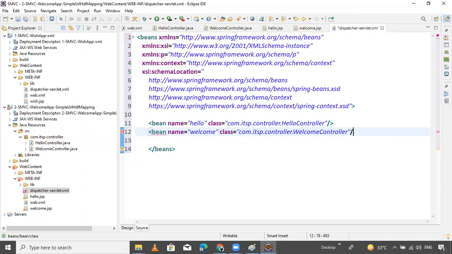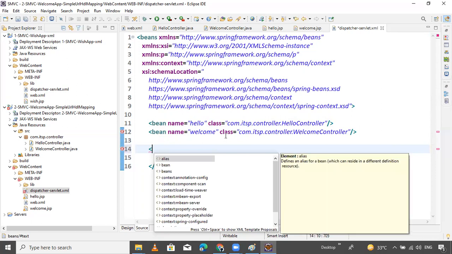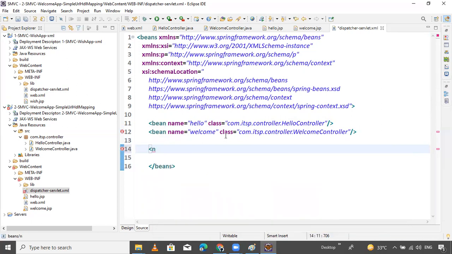That's it, close it. Now start our actual implementation. Simple: bean name equals what? Handler mapping. Handler mapping.